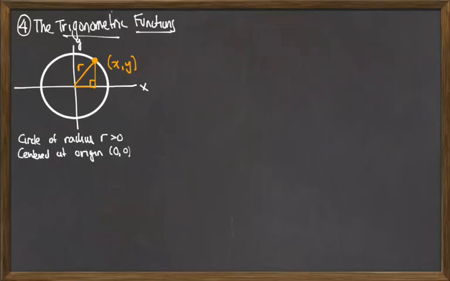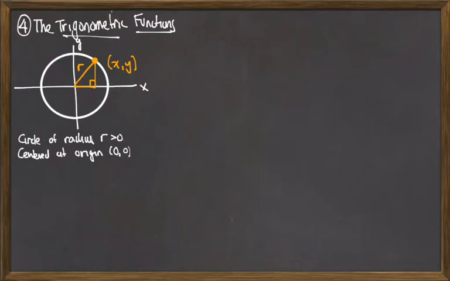In this video, we'll generalize our definitions of the trigonometric functions to arbitrary sized angles. You may recall that what we did with right triangles only applies to angles that are acute, less than 90 degrees. And we want to generalize this to angles that may be bigger than 90 degrees or even negative angles as well. In order to do that, what we're going to do is put in the usual coordinate system, x